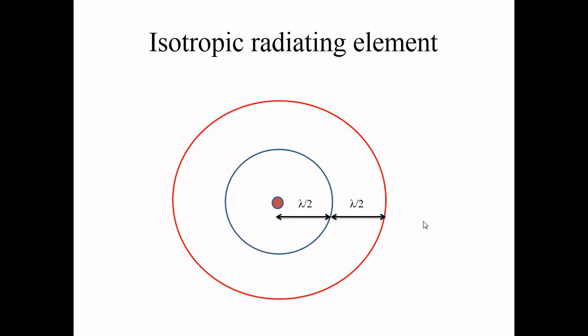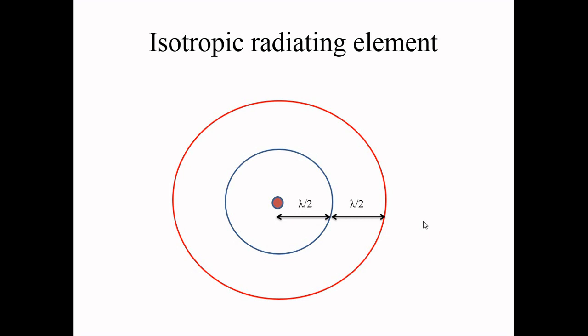Before moving on to array theory, let us see this type of figure as well, because we are going to see a lot of it in the next slides. We should know what an isotropic antenna is. An isotropic antenna is an antenna which is dot shaped or small ball shaped, and it is expected to have uniform current distribution. An antenna that has uniform current distribution will radiate from all its parts.